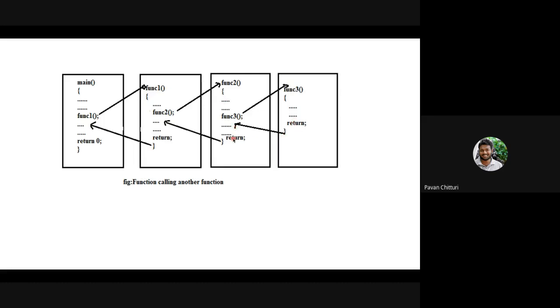So after completion, who called function 2? Function 2 was called here. So the control comes here. And who called this function 1? So main function called. So the control comes here. This is how a function can be called from another function. This is the perfect illustration of the functions concept, how the control flows between functions. So this is the exact concept.